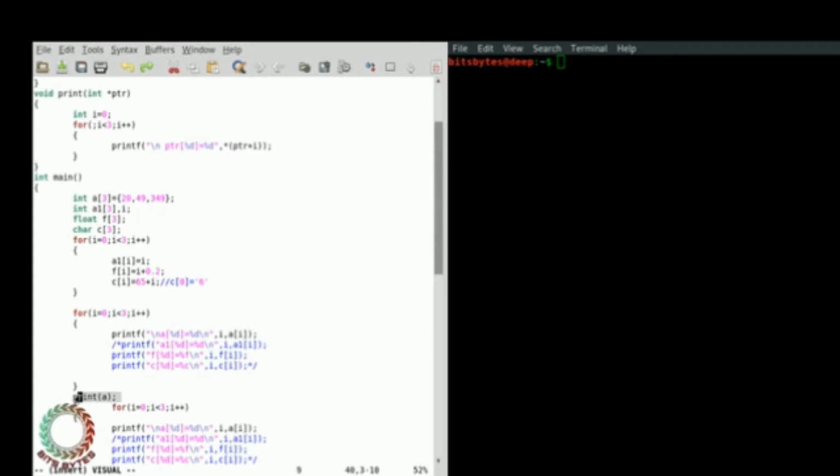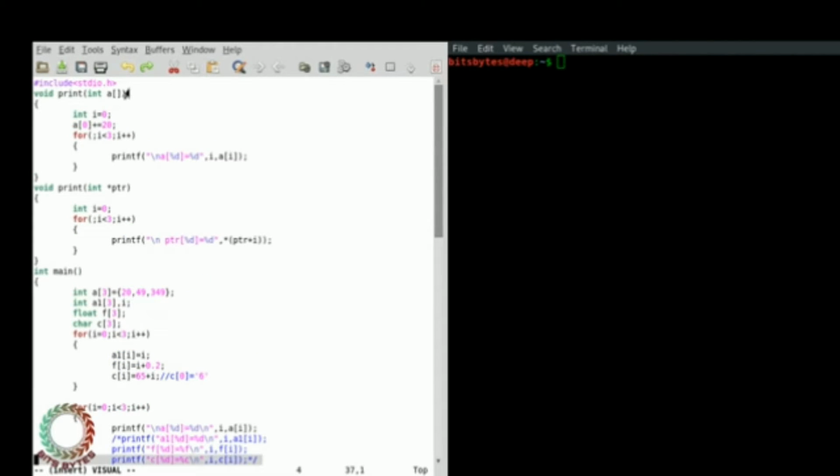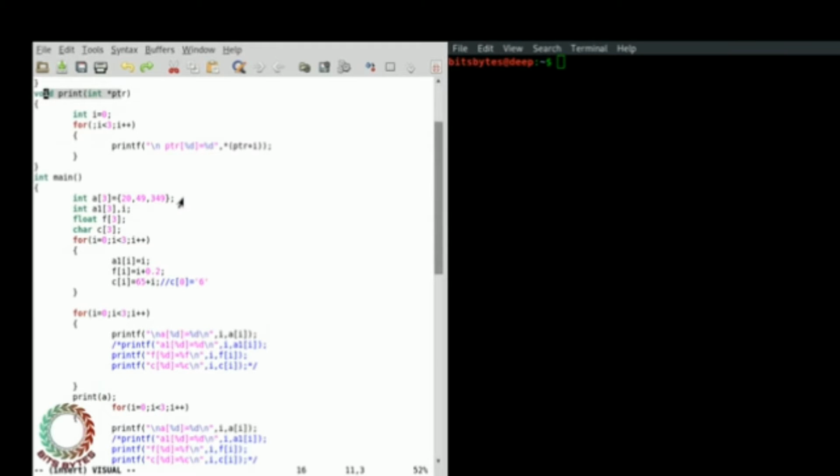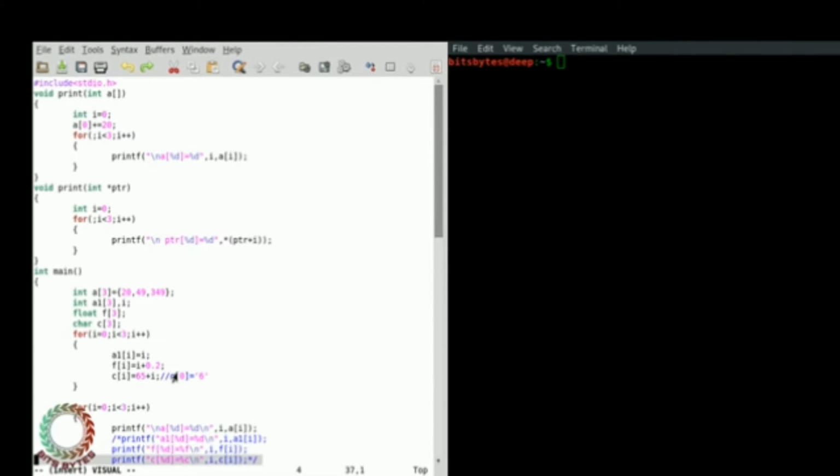I mostly use this thing, either this or this, because it's a single way, the simplest way to send a full-fledged array in a single shot. Otherwise, you continuously put a loop and send one by one value to that function and process that and so on. So it's a single way to send a value to this.